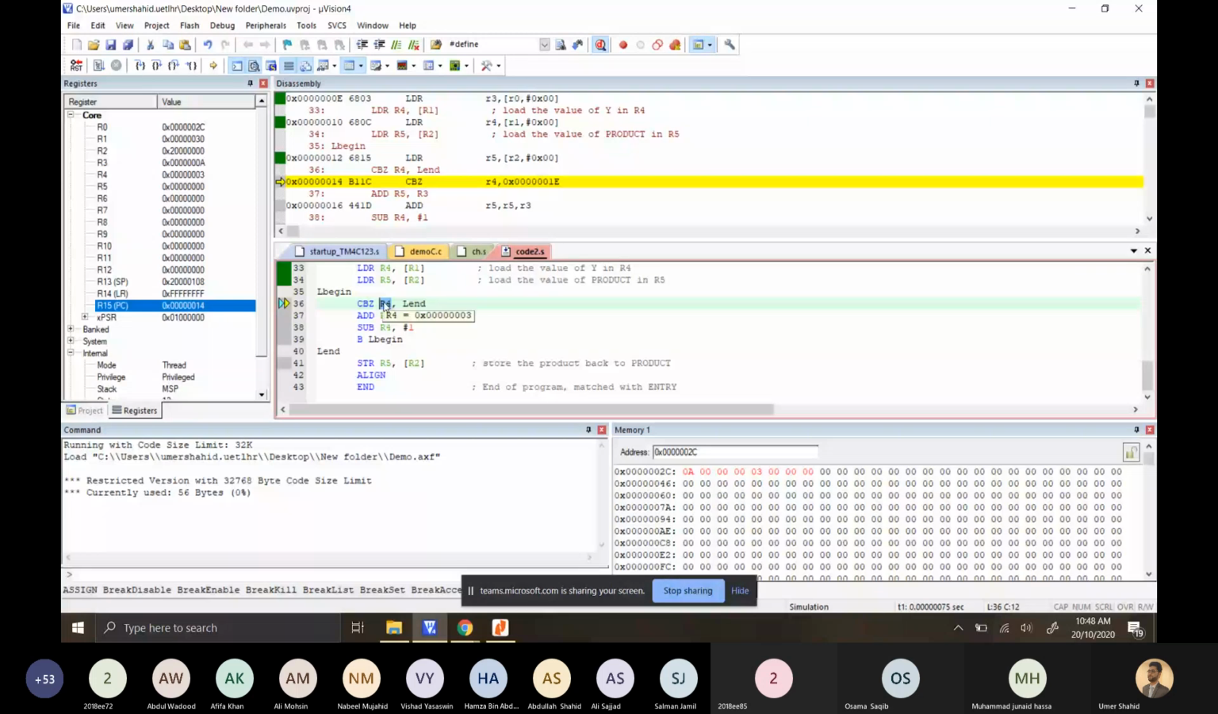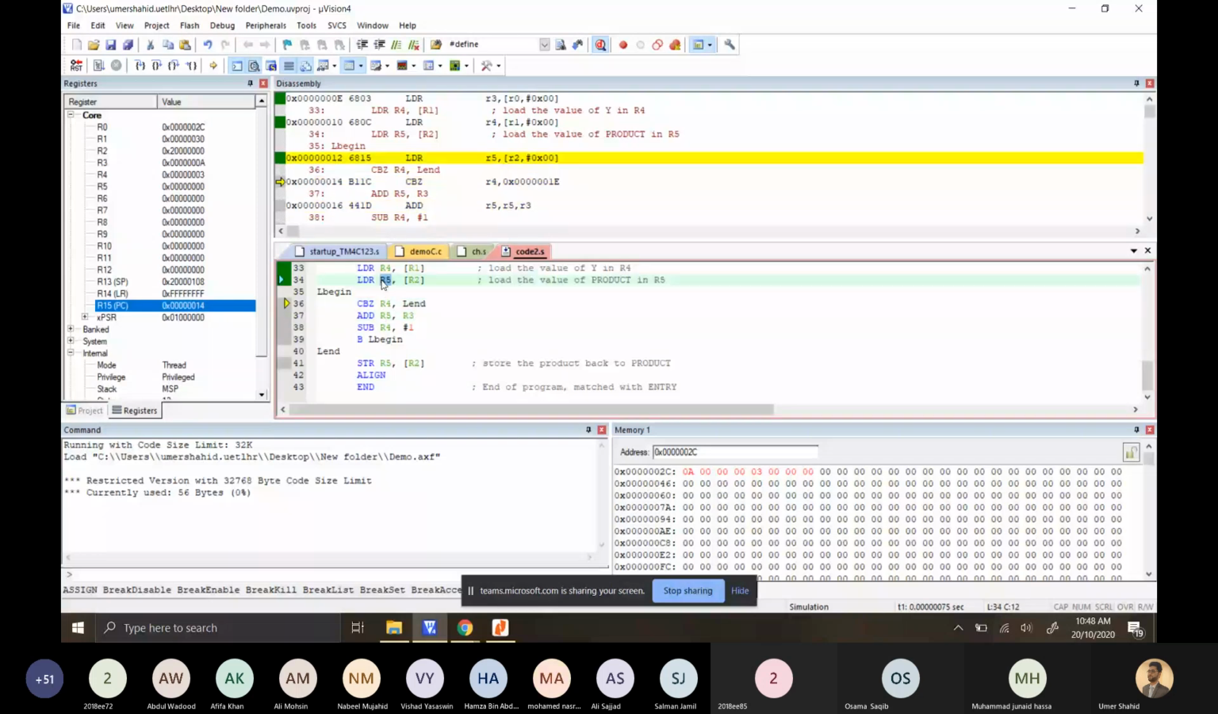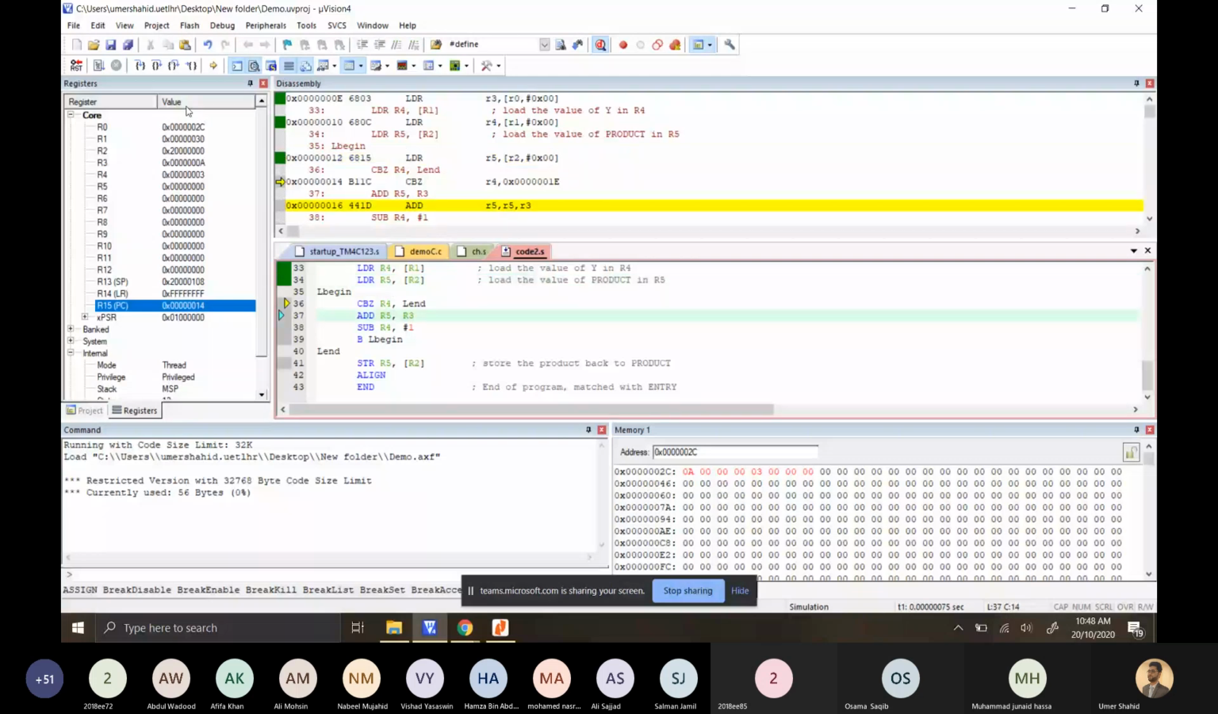R5 is the destination address, which is the product location. Product was saved in R5. So R5 will be added by R3. This red is showing that this CBC condition was false, so it was not executed. It will not be executed because R4 is not equal to 0. R4 is 3. I will add